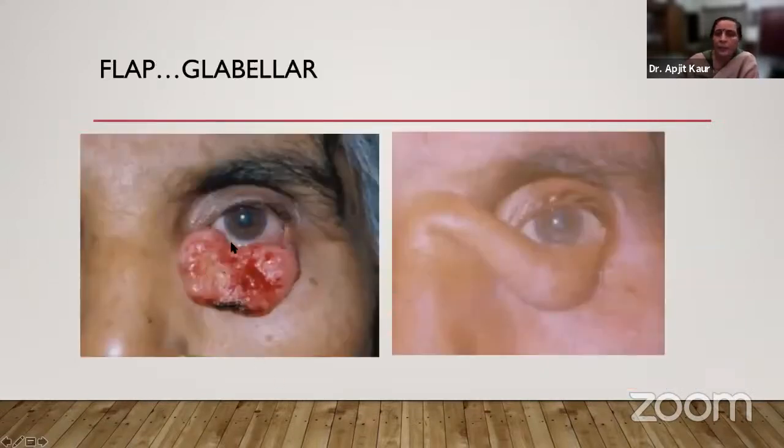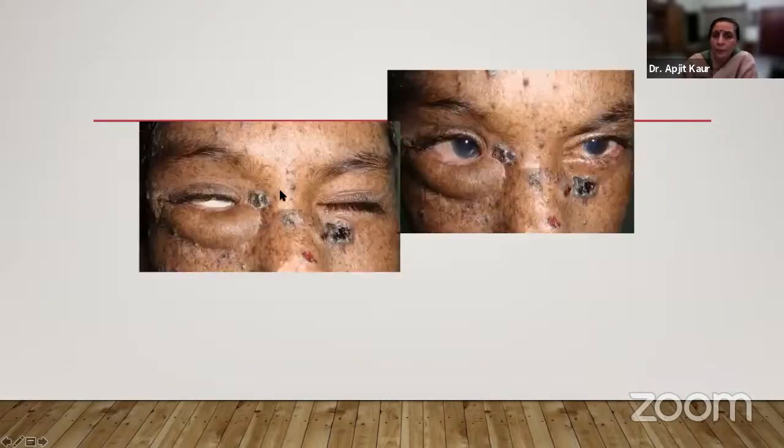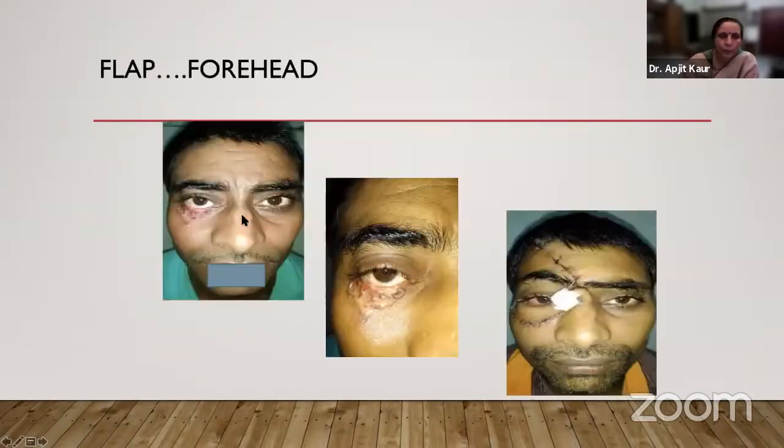This is another patient. We did just in the pre-COVID period. This patient is lost to follow-up. This is a patient of xeroderma who has this lateral temporal flap, which we had fashioned for the lower lid lesions. You can see that the gravity has played a part. It's bulky and it is sagging. It's inadequate. Thankfully, he's got a good Bell's and there is no corneal exposure.